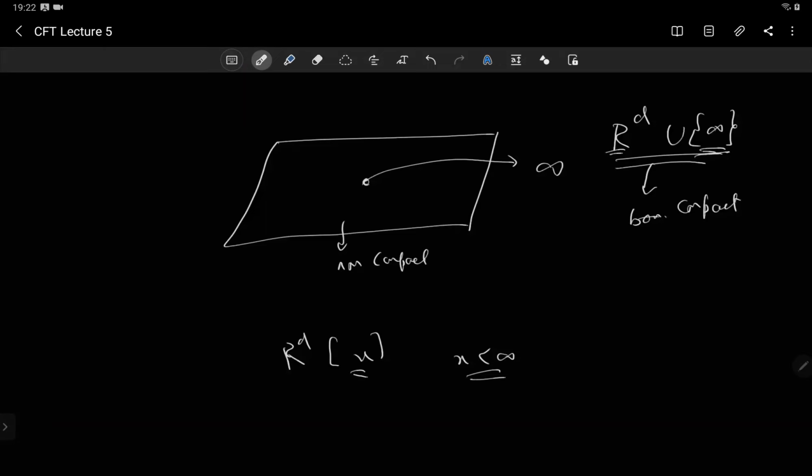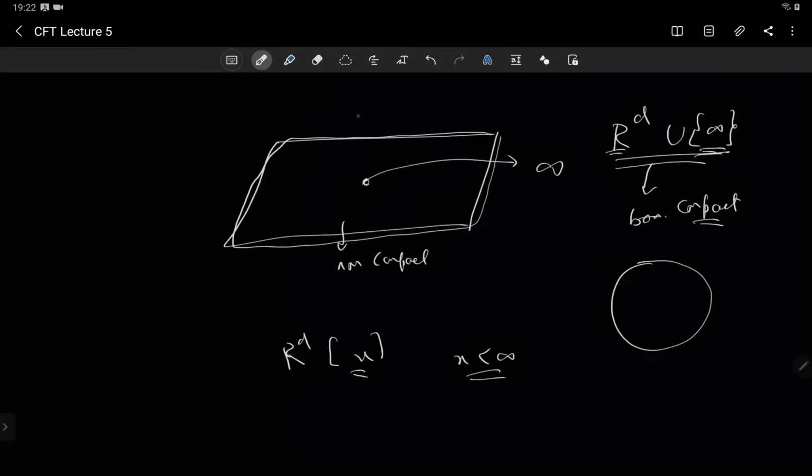And then once you include infinity as a point, so all your points which are infinitely far away, you have to include as a single point, and that means this has become compact. But then this is the same as a sphere, meaning sphere not in the sense that it is x square plus y square plus z square equal to r square, but only in the sense that it has no boundary. Okay, it has no boundary because the boundary is included in it.